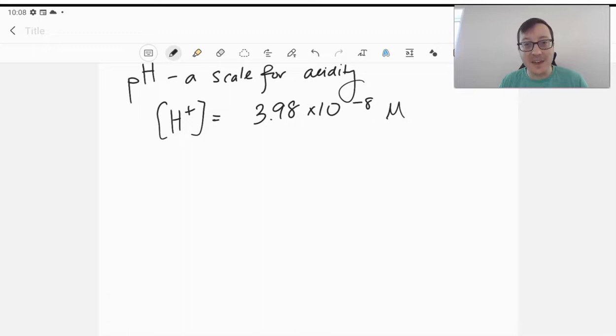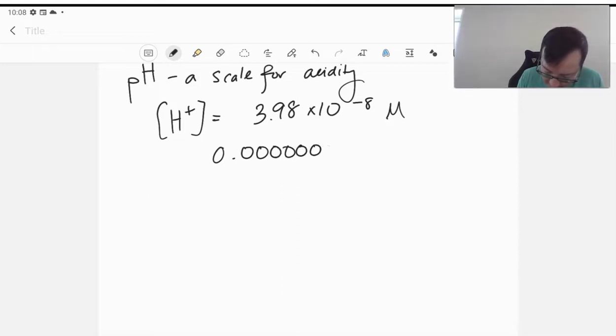10 to the negative 8. That means there are 7 zeros here. So 0.00000004 molar. That's very, very small, right? Incredibly small. And it turns out that if we